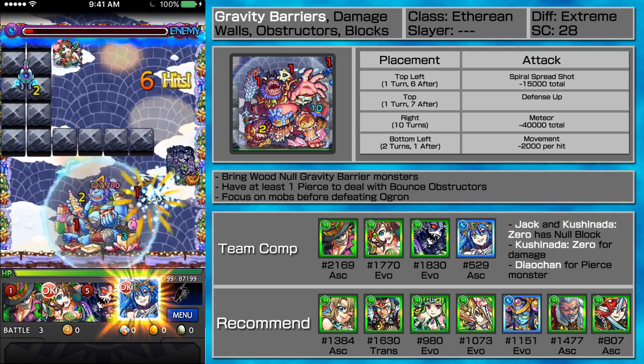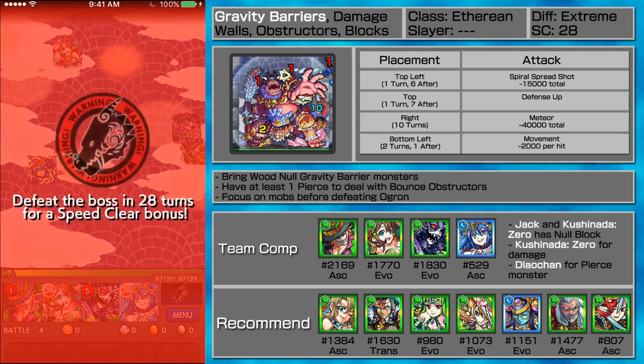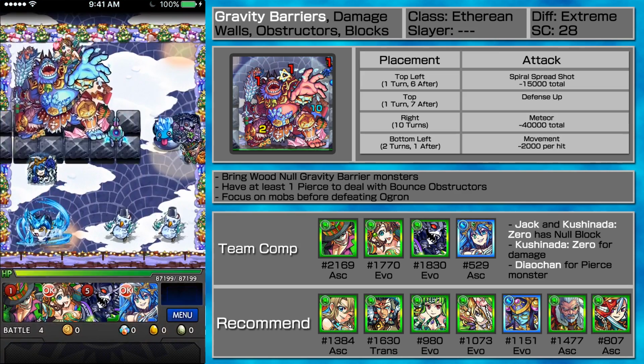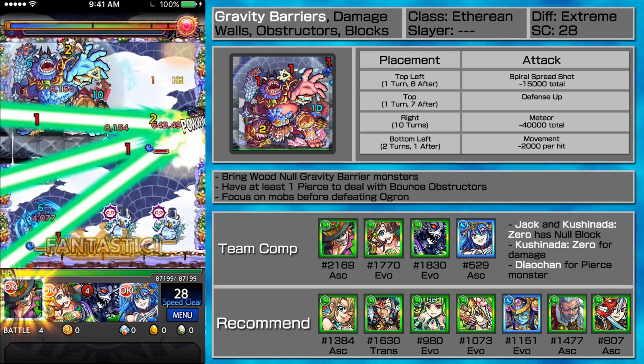Other farmable monsters, you can bring Chainbound Jack if you really want. I don't really like Chainbound Jack for this stage because of course you have low damage. And Chainbound Jack doesn't really do well in terms of HP. It does okay in damage and does mob clear as well, but